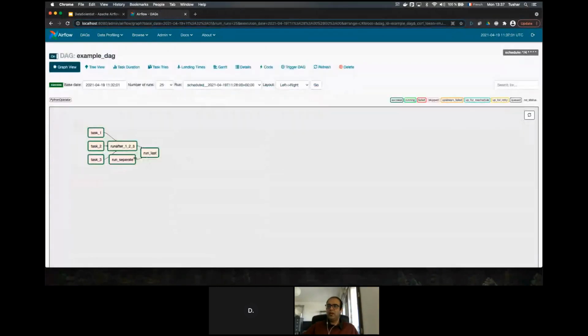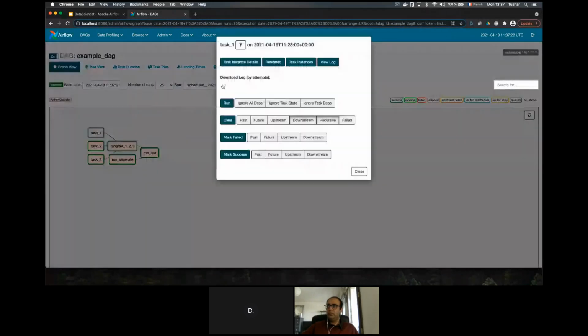So for example, this DAG has multiple tasks, and then this runs after all these tasks have finished. Then you have some other information, and when you put your cursor on a task, you have more information about it, like what kind of operator it is, when it was started, when it ended, what is the duration, and all these details. So it is quite useful from the data engineering point of view.